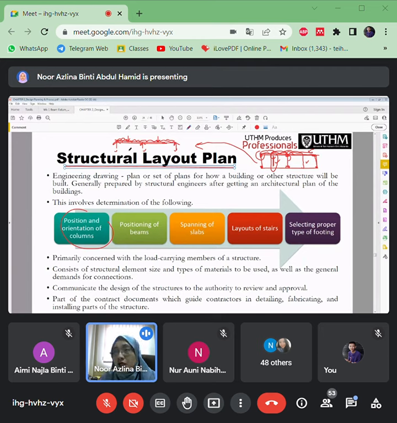Once we add more support, we have to add more columns. So the bending moment may be slightly lower compared to the previous number of columns. Okay, can you understand me? Do you understand?